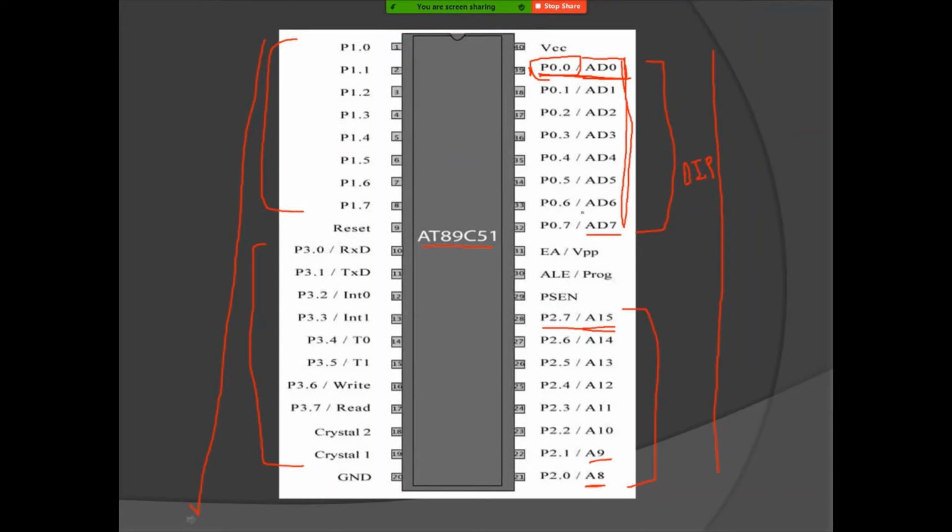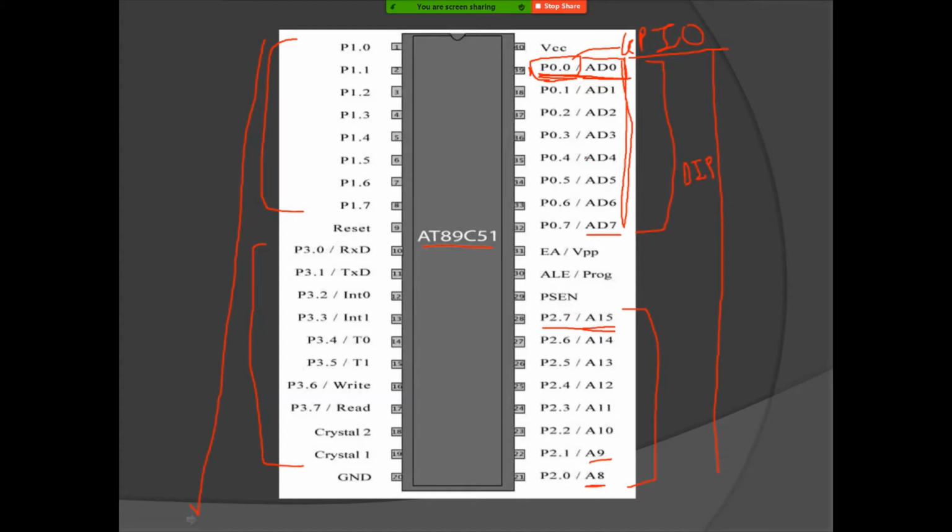By using port 0 and port 2, we can interface any kind of memory or device. Whereas these pins can also act as general purpose input output pins, in short GPIO. The pin which has more than one function is called a multiplex pin.